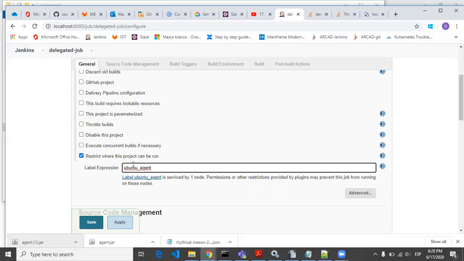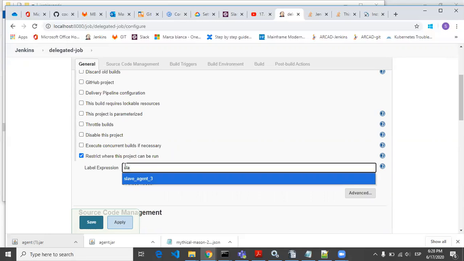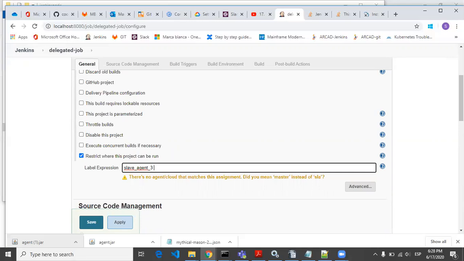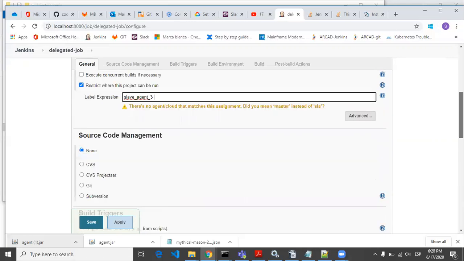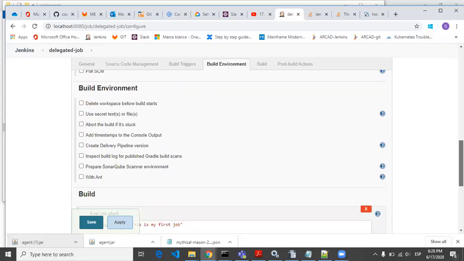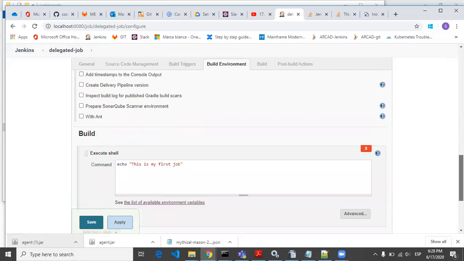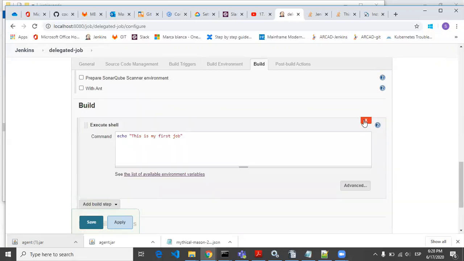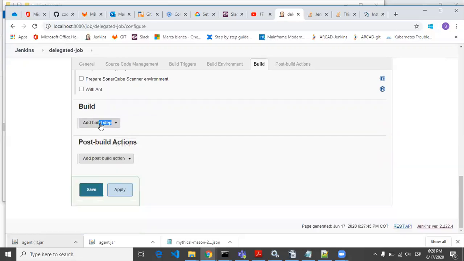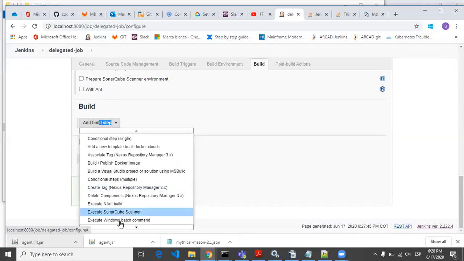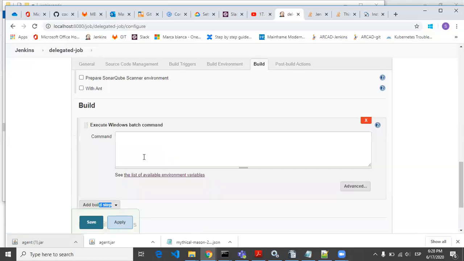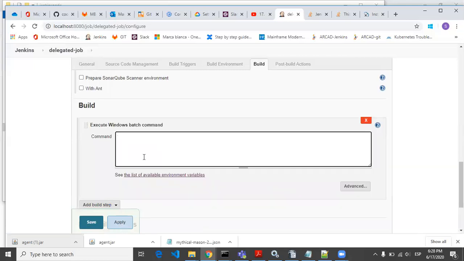Currently our agent is slave agent 3, right? This agent we recently created. So I'm giving this label expression name, and go below. This is a Windows machine, so I am just deleting this shell command and I will add execute Windows batch command, because this is a Windows machine.